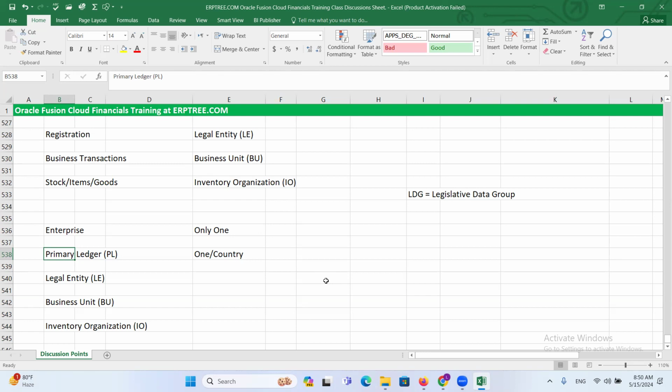They may have four companies, no issues. Within the same primary ledger, for four companies, you can set for which company's data you want to allow whom to access, so that your maintenance also becomes easy. For four businesses, if you create four primary ledgers, you have to do certain recurring activities, period activities, etc. You have to keep repeating them. That is the reason the best practice is always one primary ledger. Sometimes you may have to create more than one primary ledger with a different